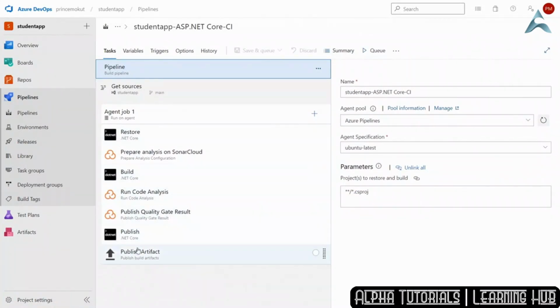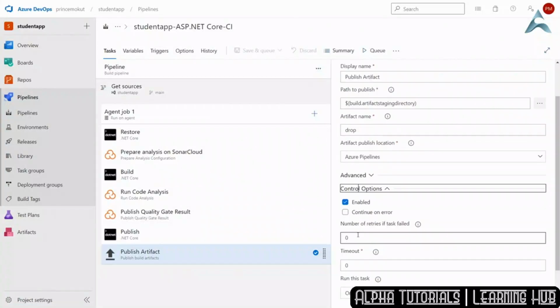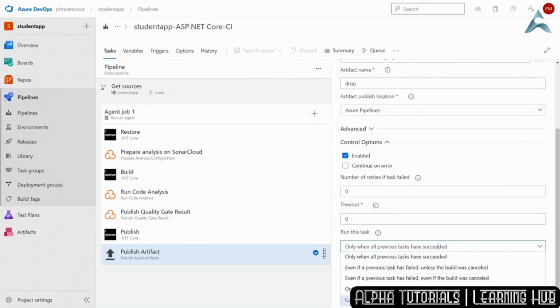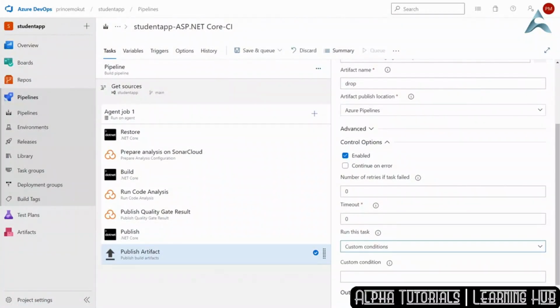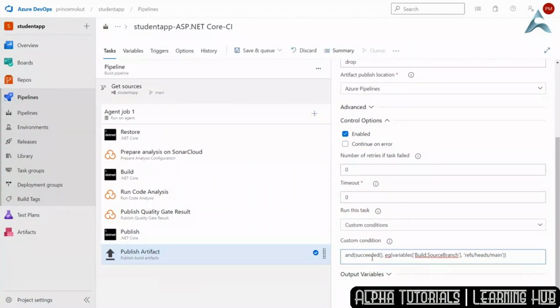So to do this, let's navigate to the task page. Select the Publish Artifact task and then expand the control options. Under Run this task, let's click the drop down and select Custom Conditions. In there, let's type this condition: and(succeeded(), eq(variables['Build.SourceBranch'],